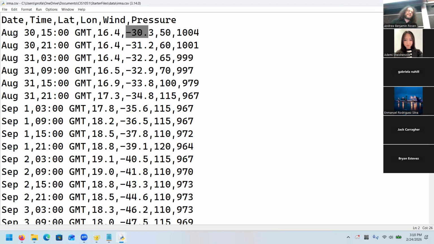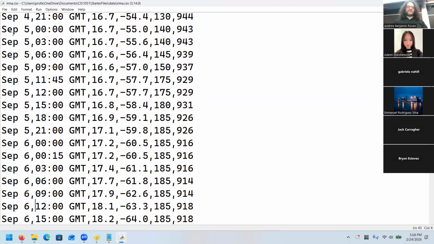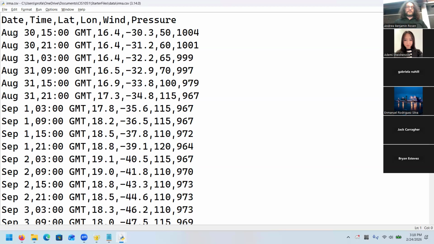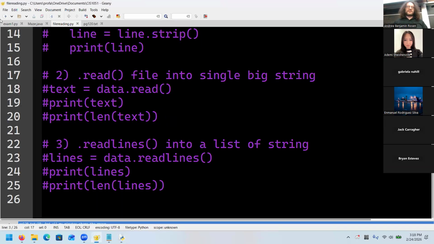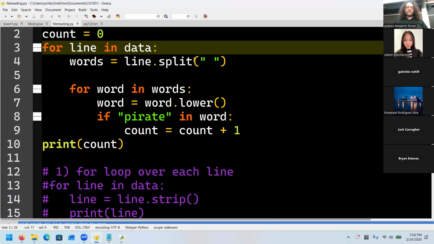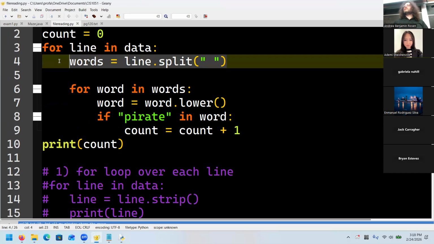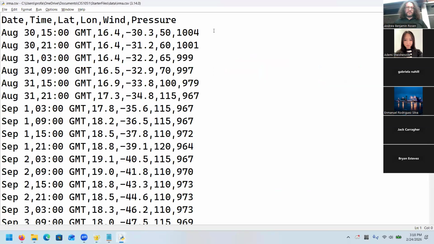Now, how do you make sure you access these individually? After all, each of these has a different number of characters in each field. Well, we kind of learned that earlier, we just weren't paying attention to that. We can take a line and split it up by something. If I wanted to turn a string, here, I'll just show you. Take this line,